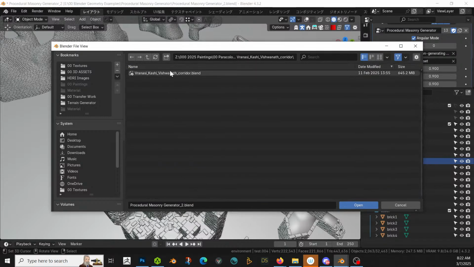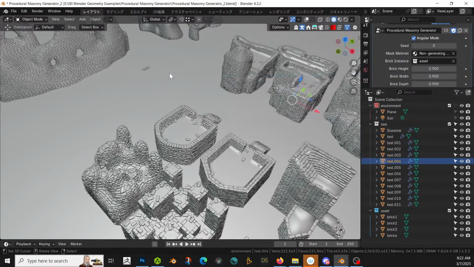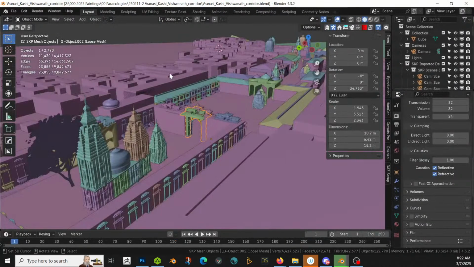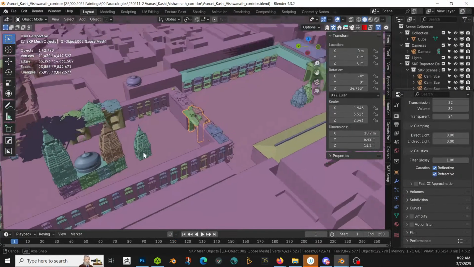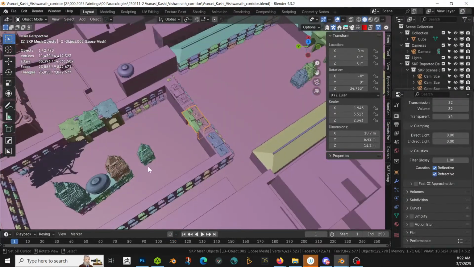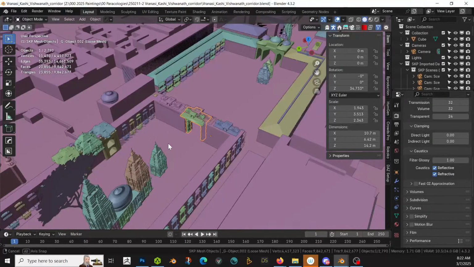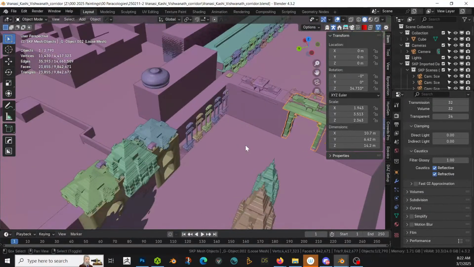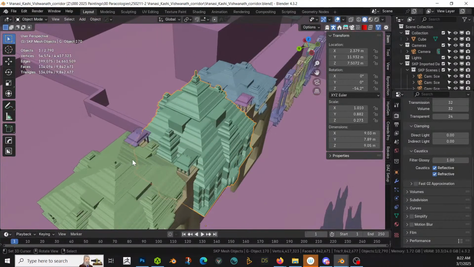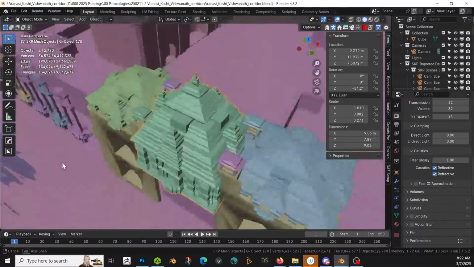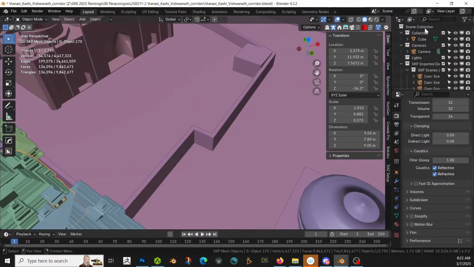Varanasi corridor. There it is. Let's go take a look and see what we can use. Some cool stuff in here. I don't think he made it. I think that's why he just used it from somebody else's too, but